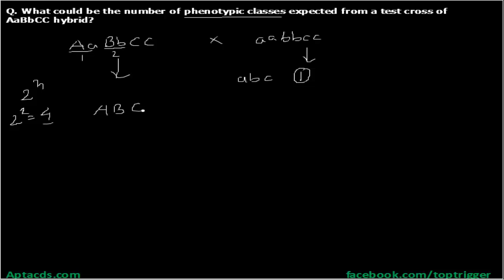This is ABC, then small a small b capital C, then small a capital B capital C, and then small a small b and capital C. So all are going to cross with the same phenotype, so we can write like this: ABC for